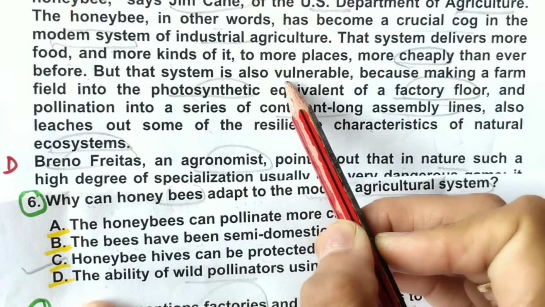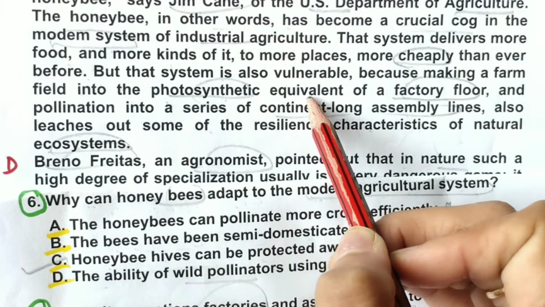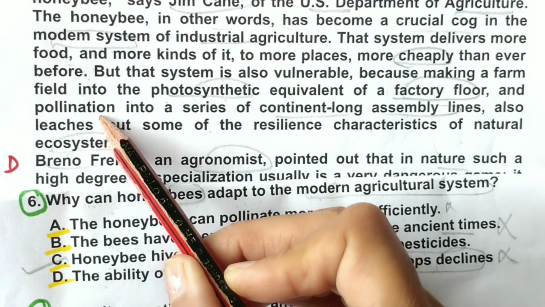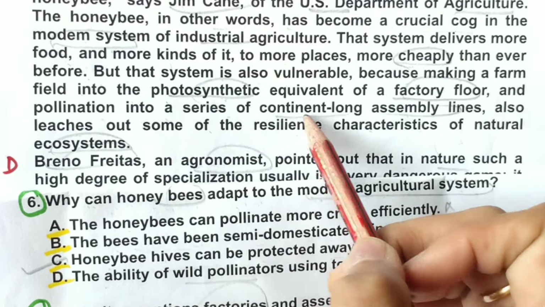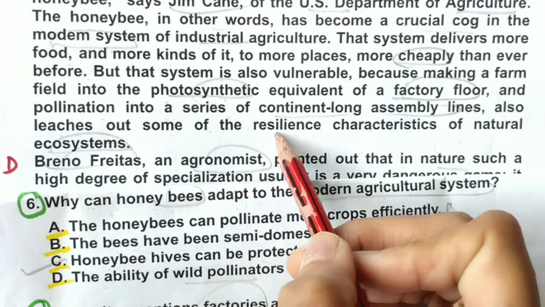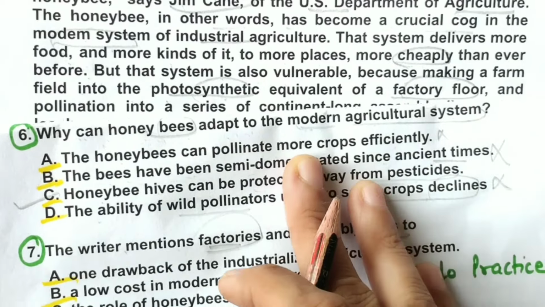Okay, but the system is also vulnerable because making a farm field into the photosynthetic equivalent of a factory floor, and pollination into a series of continent-long assembly lines, also leaches out some of the resilience characteristic of natural ecosystems. Some problem may be there. It means